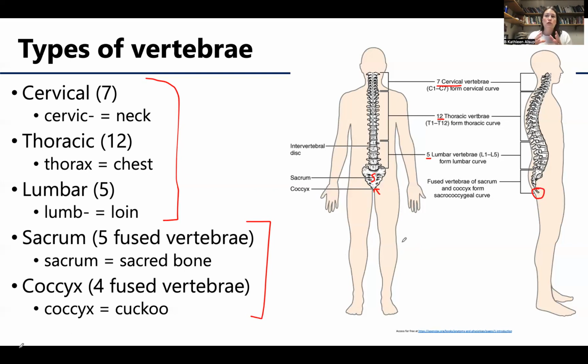And so there's no movement associated with the sacrum and the coccyx for the most part. And it's the sacrum that's going to have the attachment to the hip bones in this region. So there's generally 5 fused sacral vertebrae and generally 4 fused coccygeal vertebrae. They are going to look more vestigial. They'll have a fairly comparatively large first coccygeal vertebra, and then they get progressively smaller the more inferior you get. I always remember these